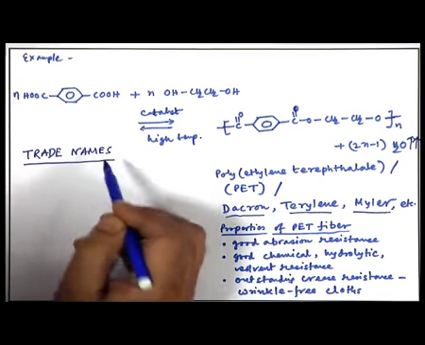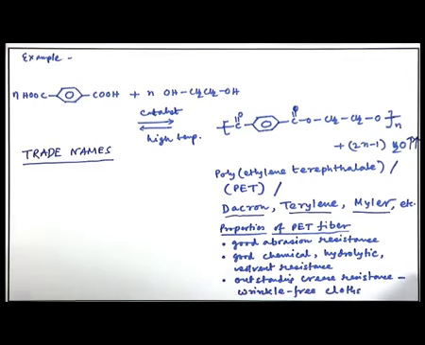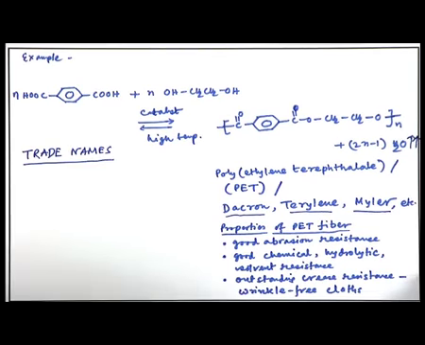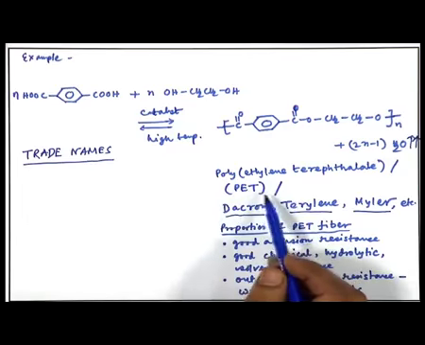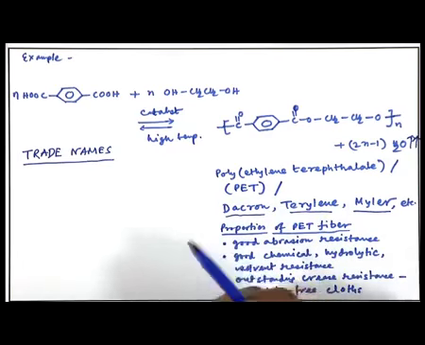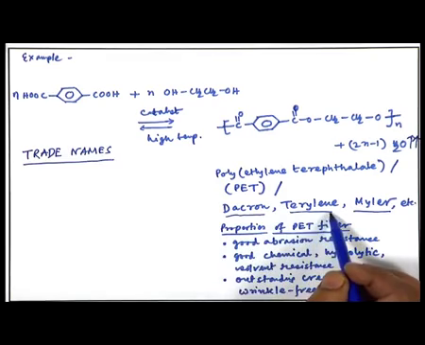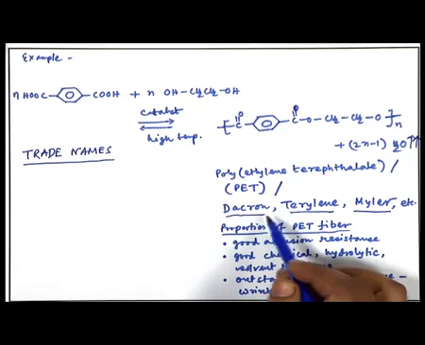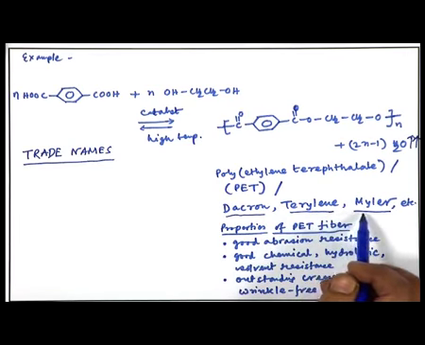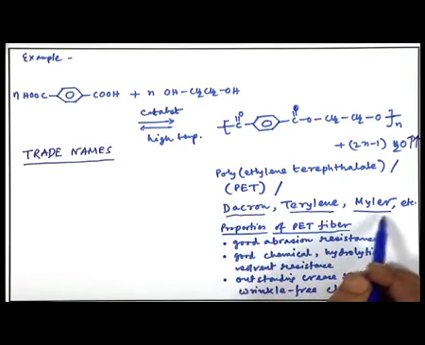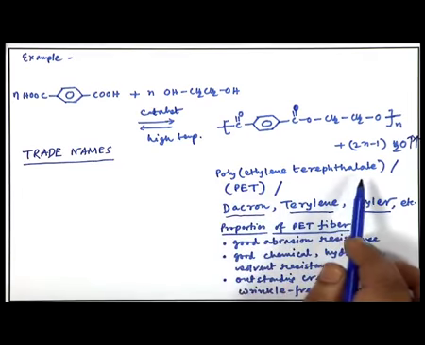If you have a fever, you take a paracetamol tablet, which you buy as Calpol or Crocin. If the doctor prescribes a Calpol or a Crocin, these are the trade names, the names of the product, but the actual ingredient is paracetamol. Similarly, polyethylene terephthalate is the polymer, but when it is marketed as a product, different companies will have different names like Dacron, Terylene, Mylar. So, the question should not be asked based on the trade name, but on the